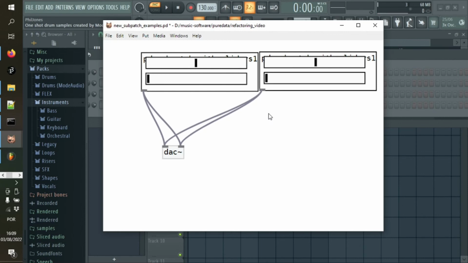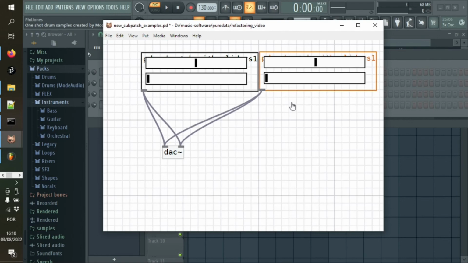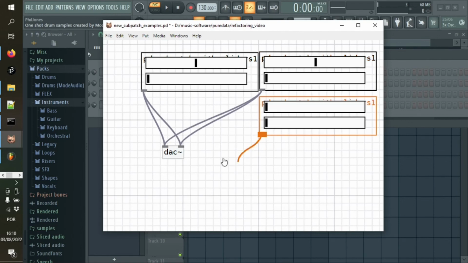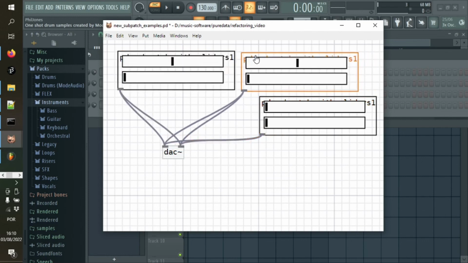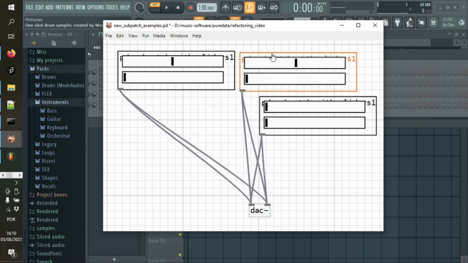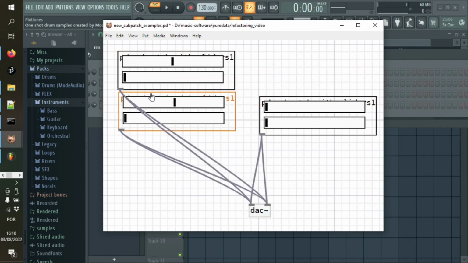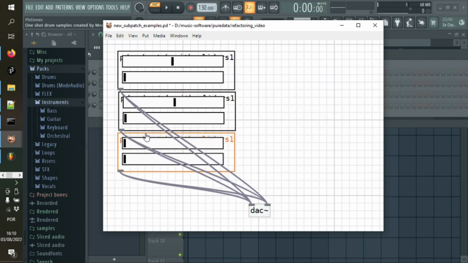They're all just generating audio type signals, or not. Or maybe, if you start working with a more complex patch, you still might do some sensible splitting off of the UI from the logic, for example. But in this case, honestly, the more I think about it, the more I think that doing it this way, encapsulating the UI together with the subpatch and using that graph on parent facility